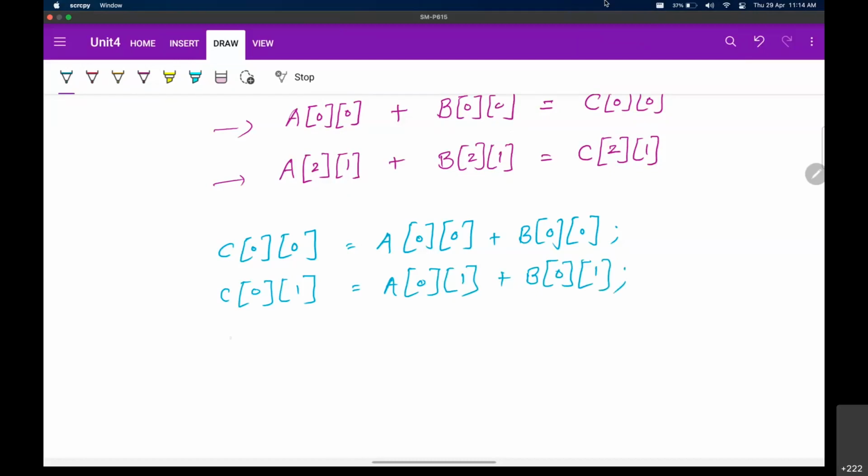You can go for C of 0 2 equals to A of 0 2 plus B of 0 2. That's how you can calculate all 9 elements if you want. But look, this is hard coded and this is a tedious task to write those many calculations. Now what if you have 5 cross 5 matrix?